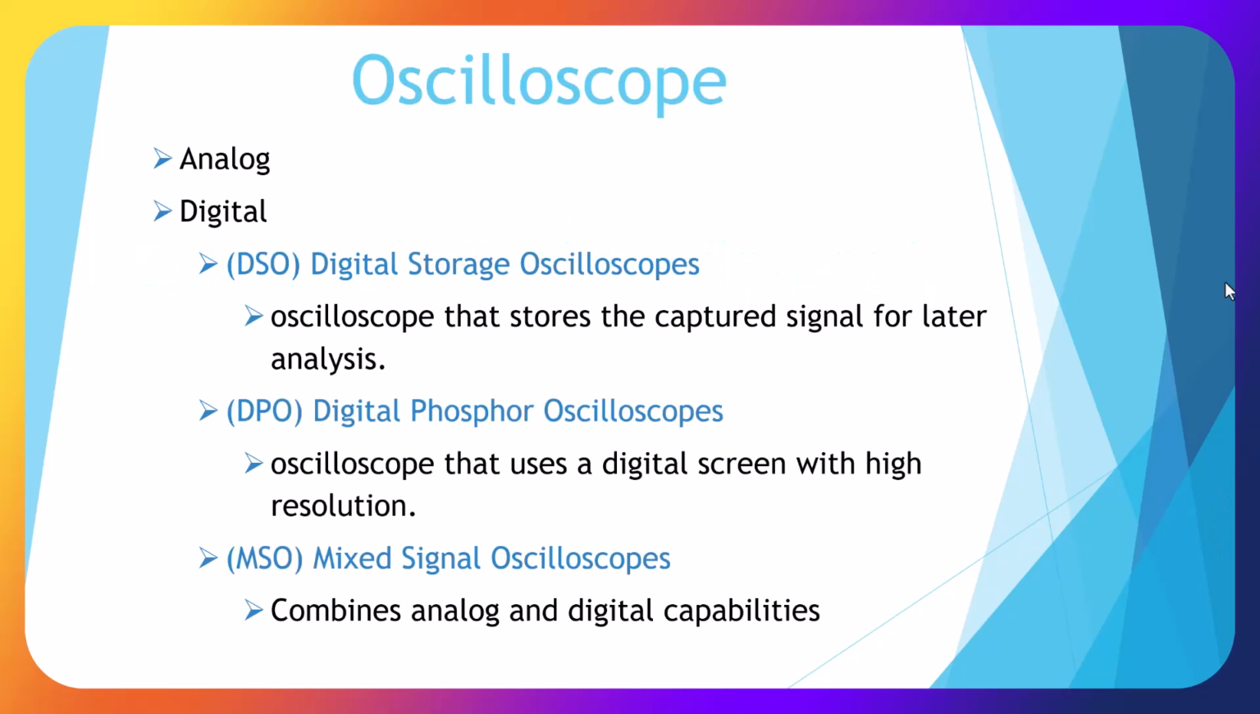Okay, there are two types of oscilloscopes, analog and digital. And the digital have several different scopes. We have DSO, digital storage oscilloscopes, that store and capture signal for later analysis. A digital phosphor oscilloscope that uses digital screen with high resolution, and we have a mixed signal oscilloscope that combines